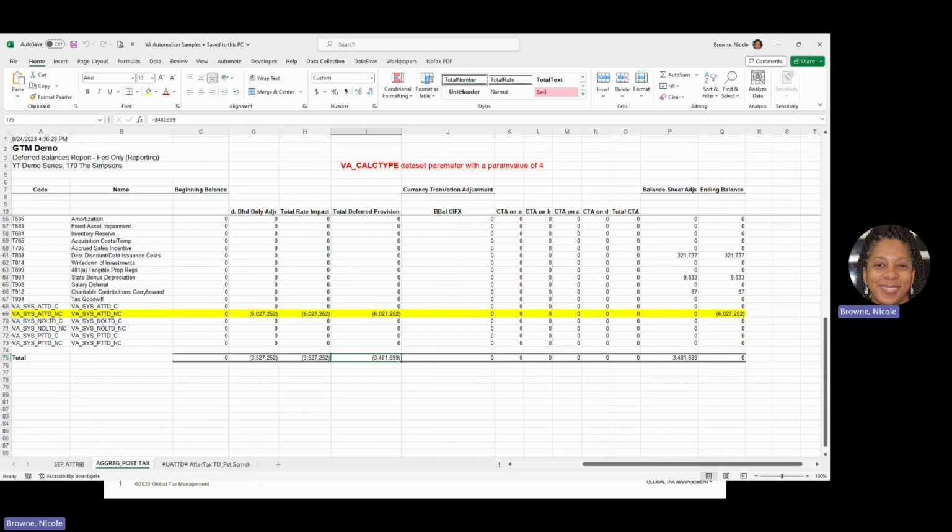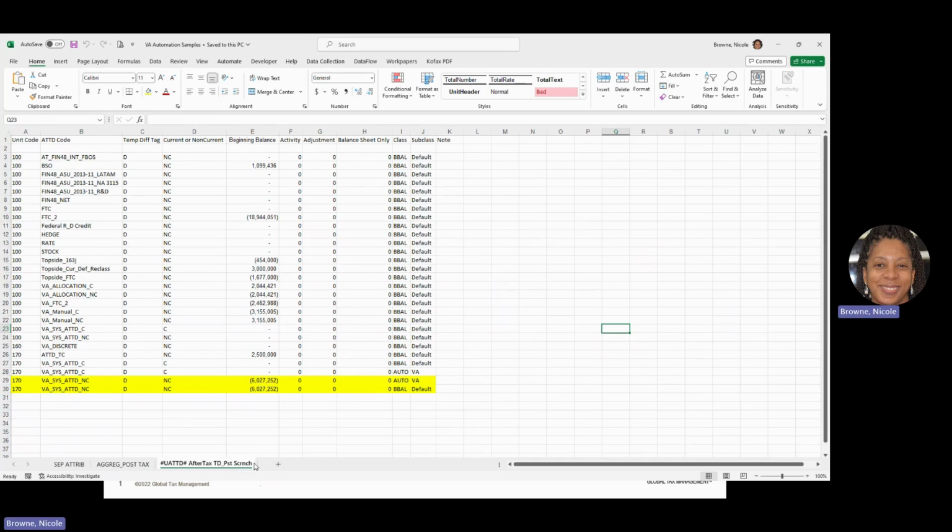All right, so something that's very important to note when you're doing the valuation allowance automation, if you do a rollover of your data set from one year to the next, and you decide to compress or scrunch your deferreds where everything rolls to a beginning balance or some other designated class, what the system will do is cause a duplication because it's set up to only have the auto class work with the valuation allowance. So just something to be aware of, that when you roll over, you will need to come in and take a look at these balances, and you're going to need to delete the balances that you have